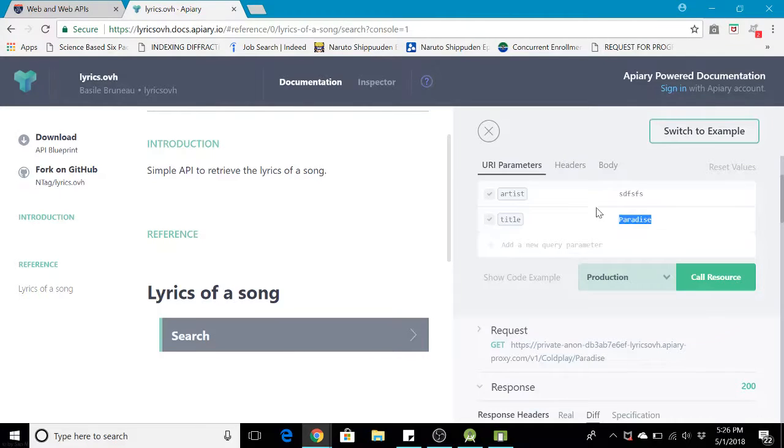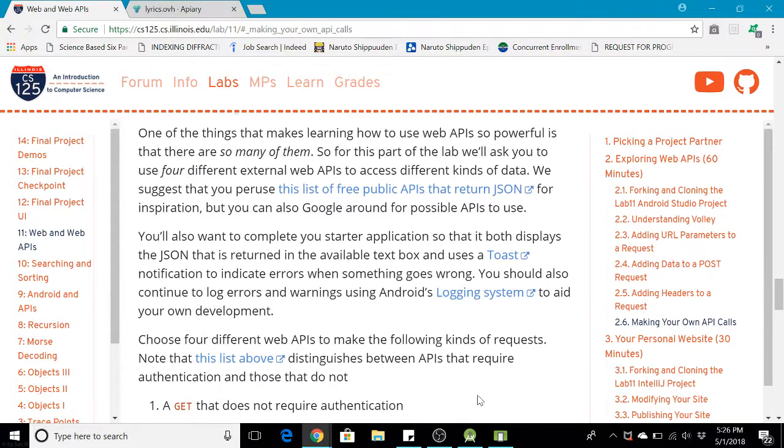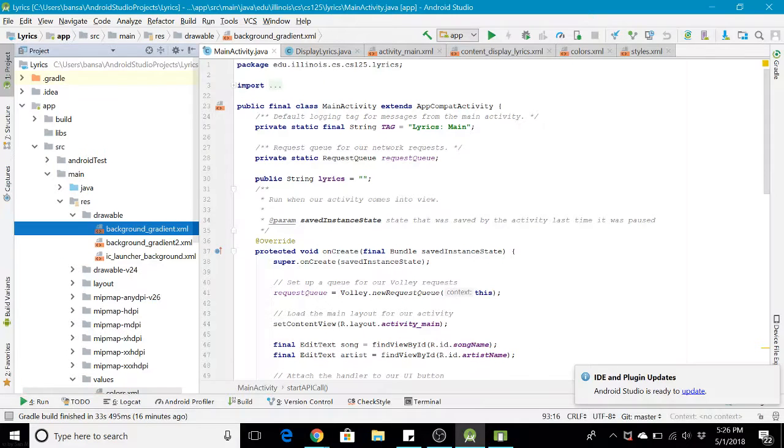Upon invalid parameters, like random letters, it just gave an error message like this: no lyrics found. So it only had two test cases. It was a very simple API, but functional. We thought that was a good starting point for our app.